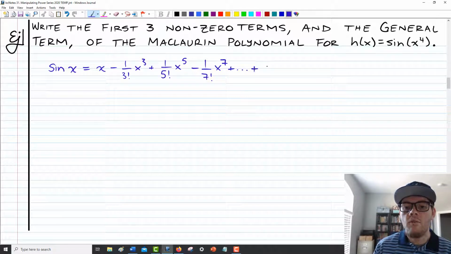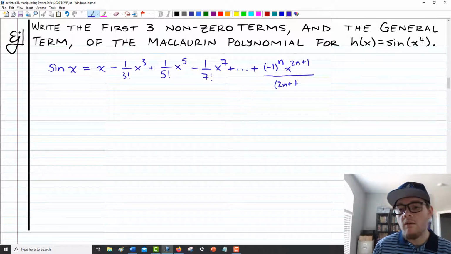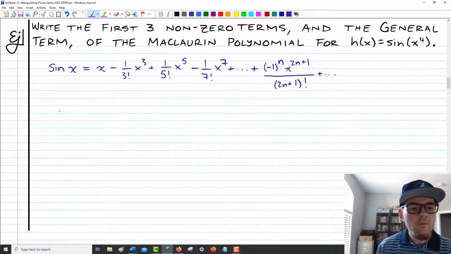And then, of course, plus, and that general term is negative 1 to the n because it starts positive, x to the 2n plus 1 to make sure it's odd, and then over 2n plus 1 factorial. So there is the full sine expression. So starting there, the next thing I want to do is write this for sine of